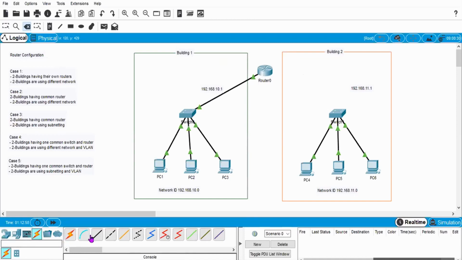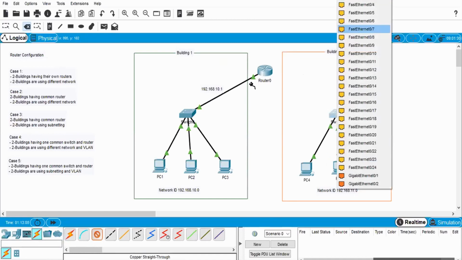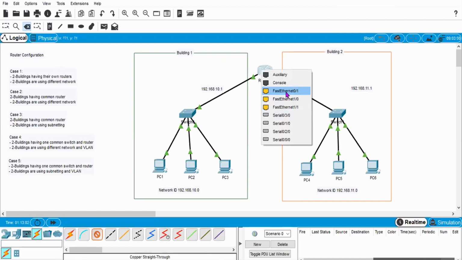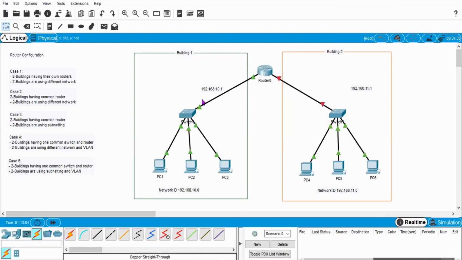So basically I need to connect one wire from this port to any port of this router. Now see, I have connected these two buildings, having different networks, with a single router.